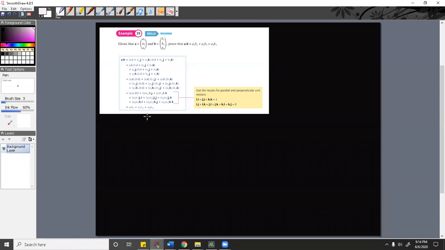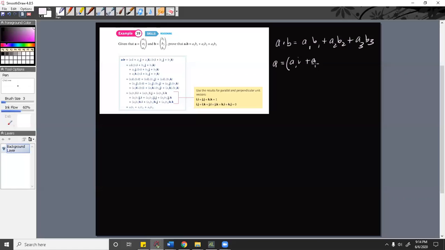Okay, so this is example 39 then. So this is a proof really. It's a proof of this dot product here. And we've got to prove that this is A1 B1 plus A2 B2 plus A3 B3. Okay? So basically what they've done is they've rewritten A as equal to